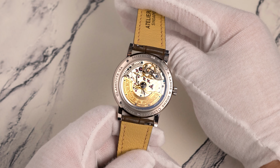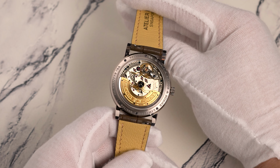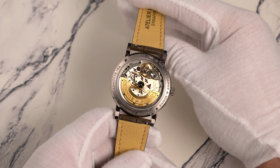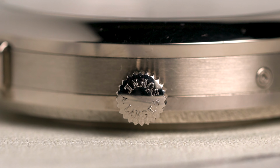Yes, rotors from brands like Patek and VC don't sound great either, but I wouldn't expect this out of a 6-figure limited edition Lange 1 Perpetual. On a similar vein, I'll